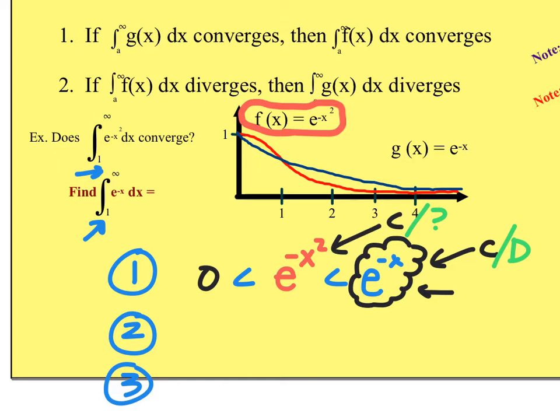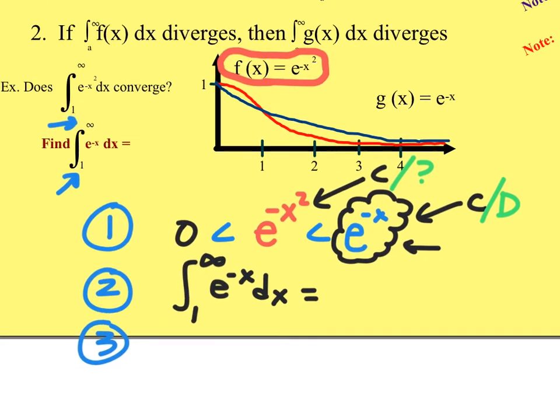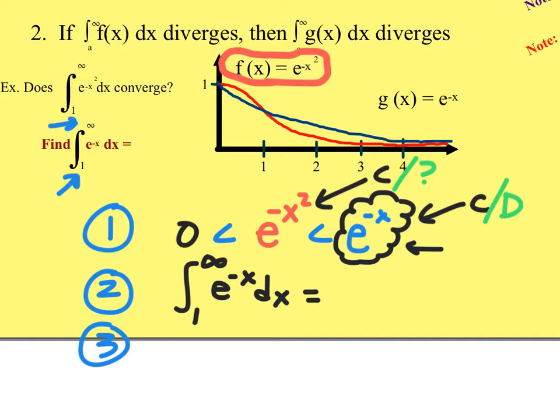So our second step is to determine, on that same interval, whether our chosen function converges. We can go ahead and do that. I'll do that on the next page. Actually, I'll give you the answer right now. It does converge. It converges to 1 over e. And then our third step is a therefore statement. So we would say, therefore,